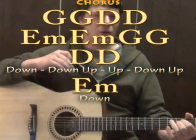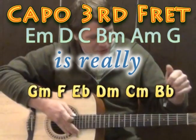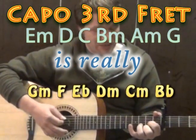But one other weird thing is to play along with the Police. Instead of starting on an E minor, they're actually starting on a G minor chord. So what you want to do to play along with the Police is take a capo, and if you're going to put it on 3rd fret, then now your E minor chord is really a G minor,